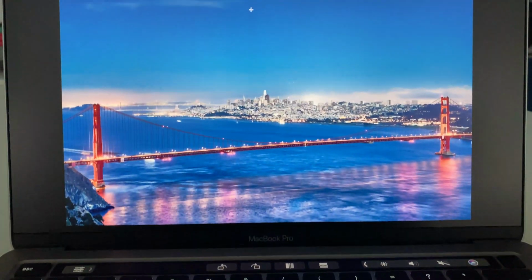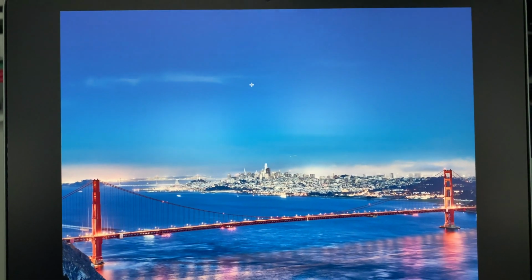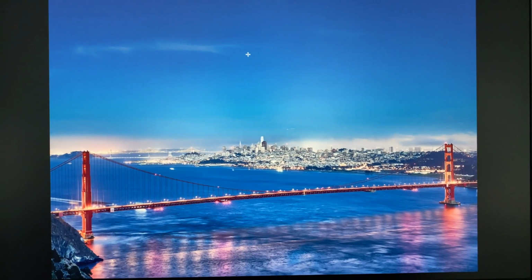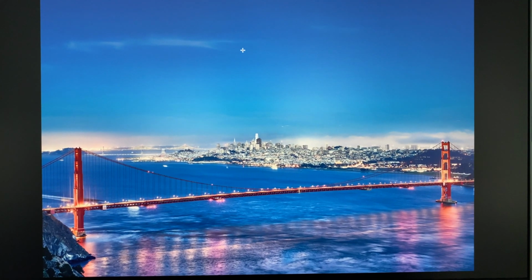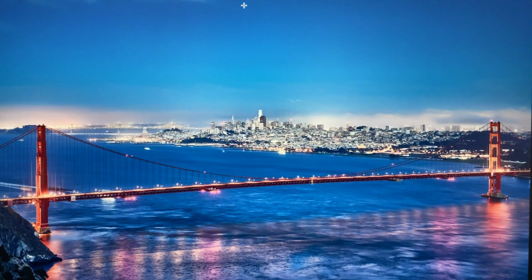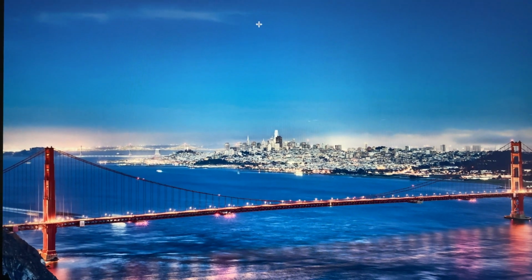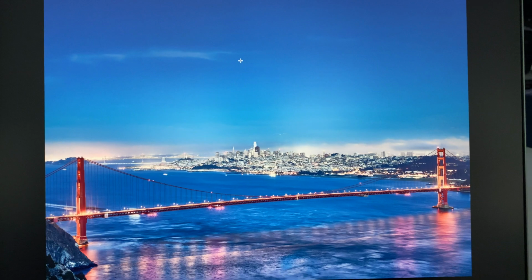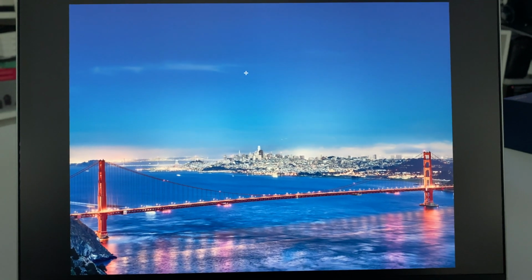Looking at a high resolution photo now on the Retina display with that display protector applied, this is an image taken with my Phase One IQ4 from Hawk Hill in San Francisco, looking towards San Francisco Bay. And I do not recognize any difference in resolution, sharpness, contrast, the way the light reaches out to my eyes. And I'm very happy with that display protector,